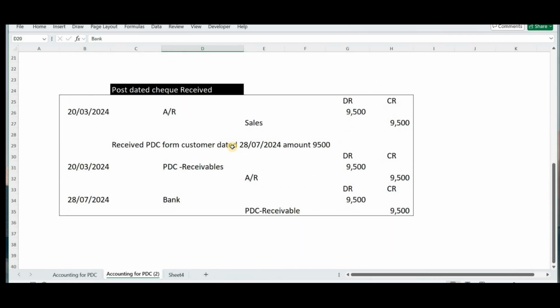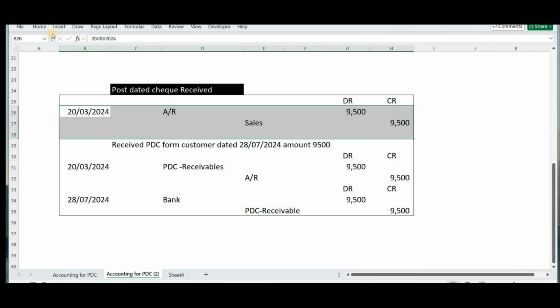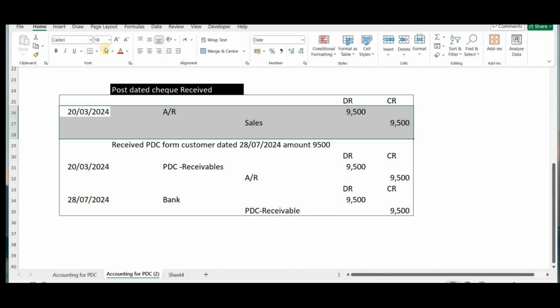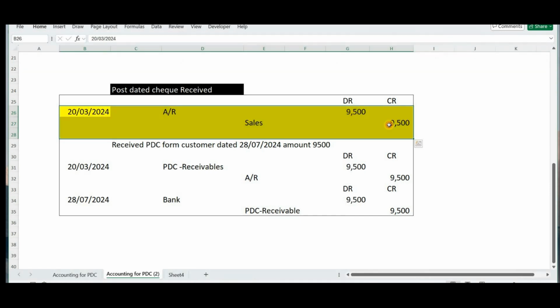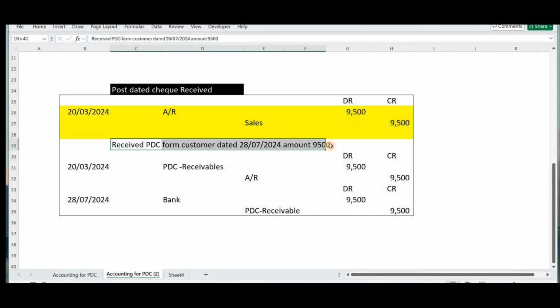Similarly, for PDC received, suppose you have made a sale on 20th of March 2024 with 9,500 and you have received one post-dated check from your customer with the date 28th of July 2024.